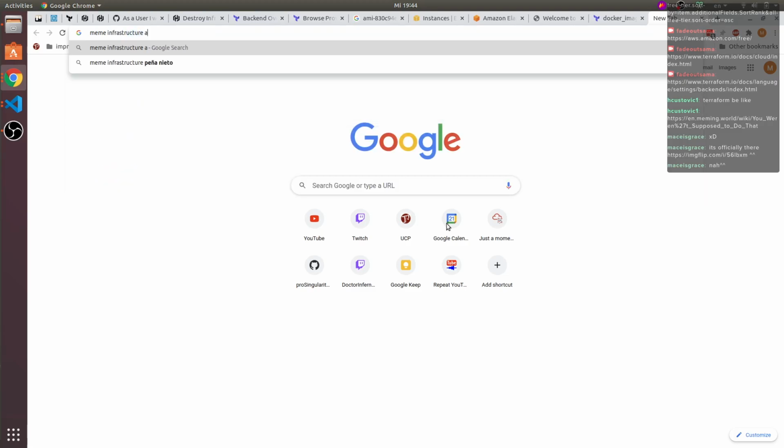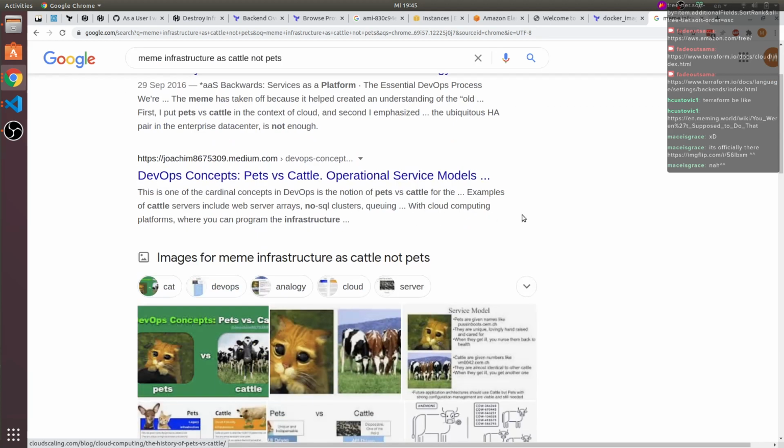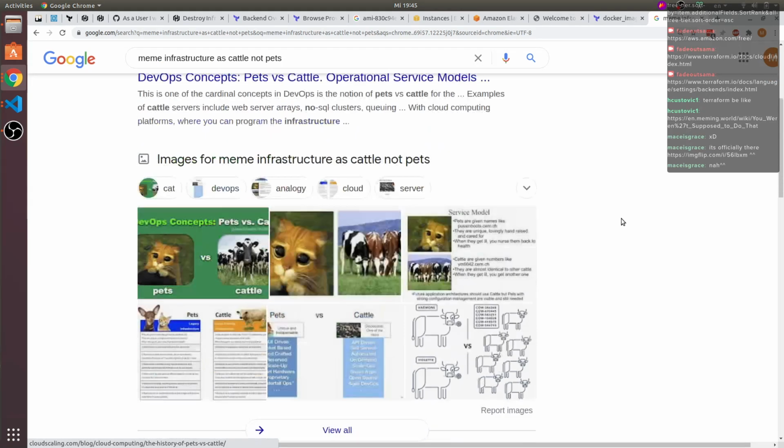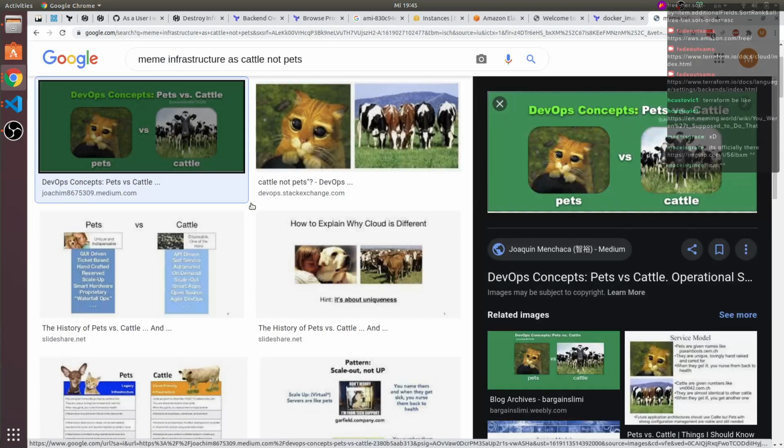Infrastructure as cattle, not pets. To all the people who are vegetarians or vegans, I apologize for that. Pets versus cattle. Yeah, so we want this.